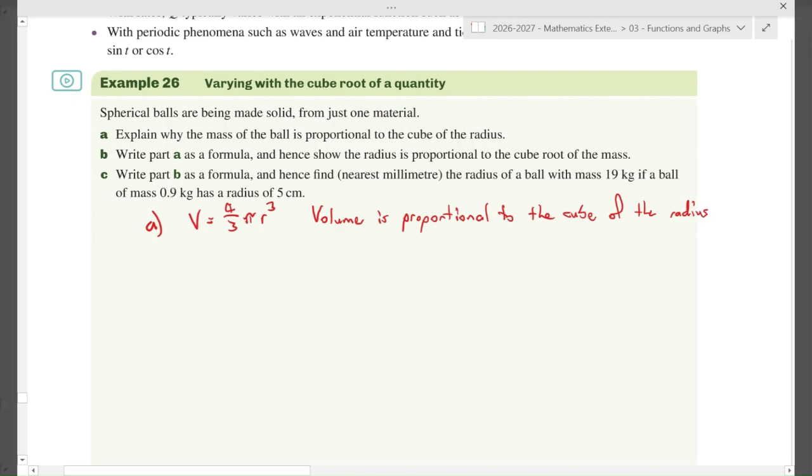Okay, so I would normally have V equals k r cubed. We're not going to do that. But you've got your constant of proportionality. And for us, in this case, we got 4 over 3 times pi, because they're all numbers. Okay? Now, and mass